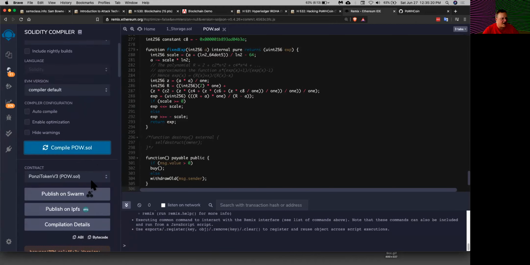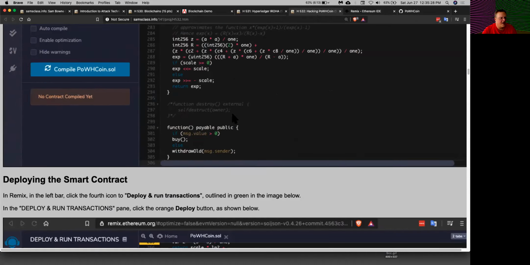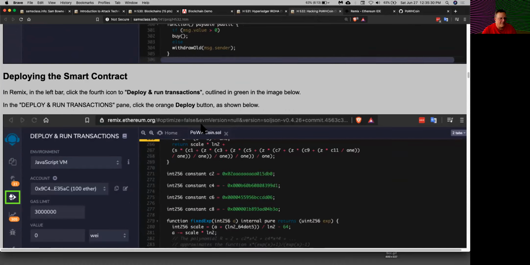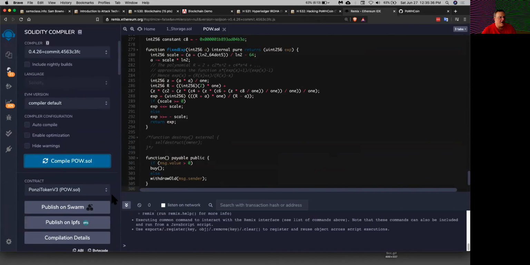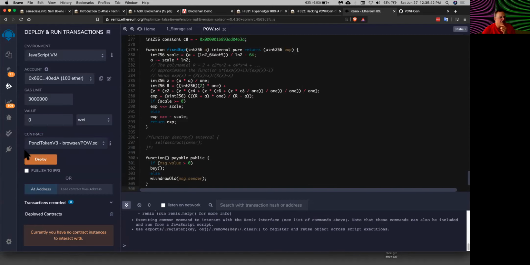Now it has compiled, and now I have a contract called Ponzi token, is what they called the token of currency they created here. Now I deploy it, the orange deploy button. So deploying means you put it on the blockchain, which is this one, I think. Yep, deploy and run transactions. Now deploy.